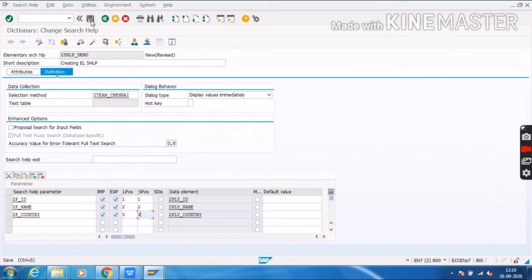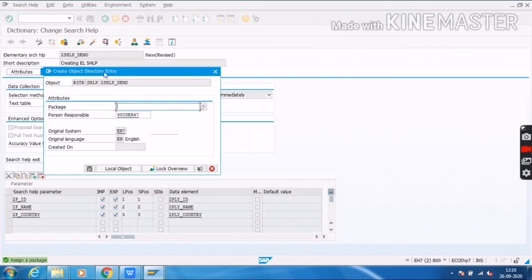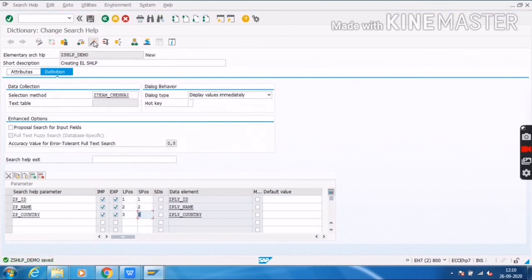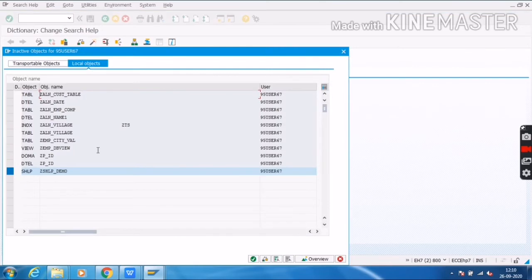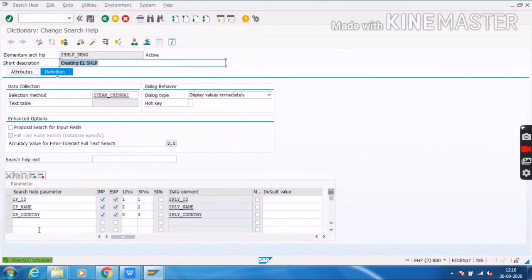I will click on save, save it inside a local object, and click on activate. It got activated. So I have successfully created an elementary search help.